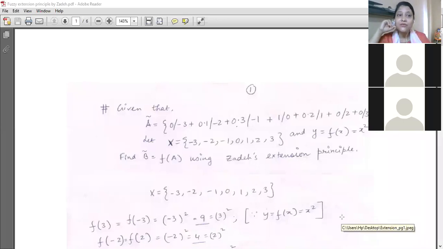First of all, what we need to understand is what this extension principle is. We have learned so far the relation and extension principles, like max, min, product, right? Here also this kind of extension principle is followed while we are doing a typical and unique kind of problems. These problems are based on Zadeh's extension principle. Zadeh is one researcher who in the year 1970 invented this extension principle.